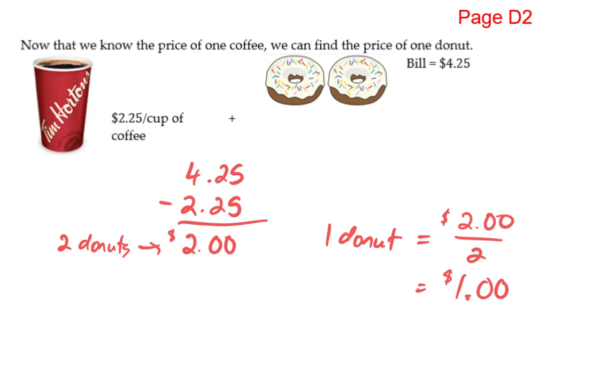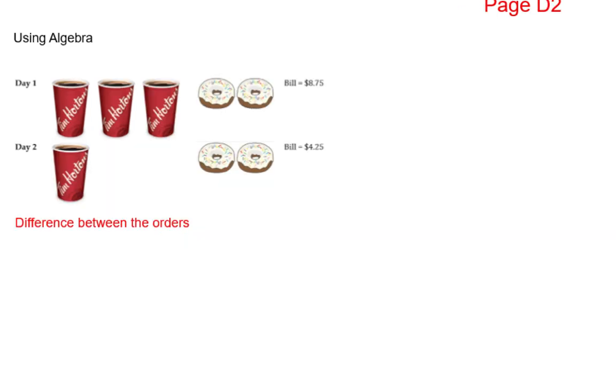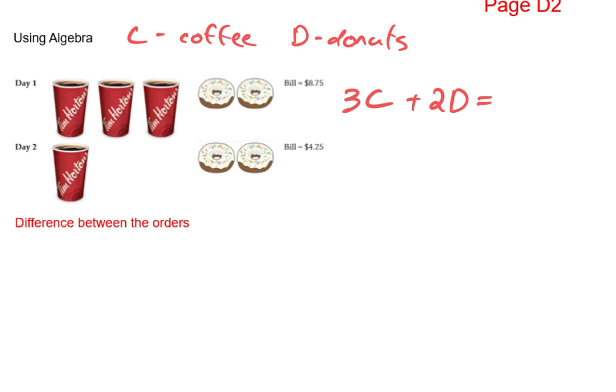Okay. Now, we've done this using pictures. We can also do this using just algebra rather than pictures. So let's take a look at what that might look like. Okay, we're on page D2 here. Rather than drawing pictures of my cup of coffee, I'm just going to use C to represent the number of cups of coffee, and I'm going to use D to represent my number of donuts. So Ms. Zarati's order on day 1 is 3 coffees, 2 donuts, and this adds up to